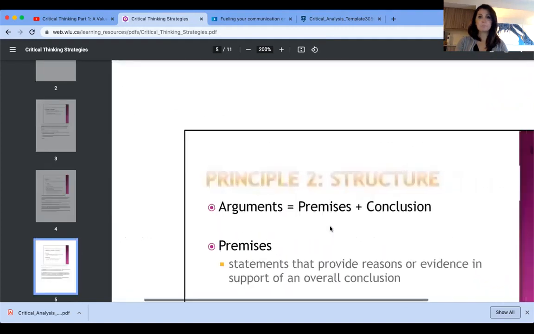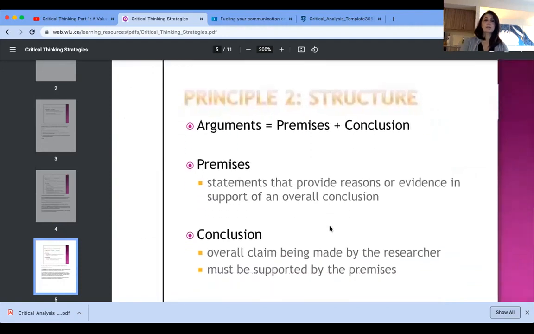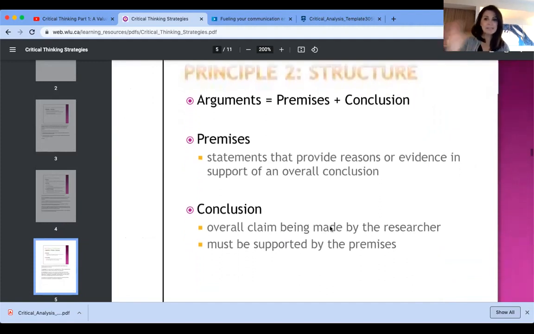The second most important component of the principle of the good argument is the premises and the conclusion. Premises are the reasons and pieces of evidence that you collect based on your research. You do the research, you collect different pieces of evidence to support your own opinion. In order to have the correct conclusion, you must have the accurate pieces of evidence in your writing and in your debate, in your communication.